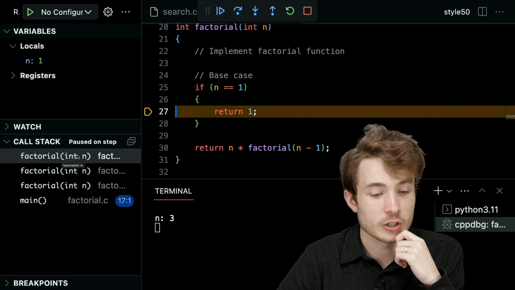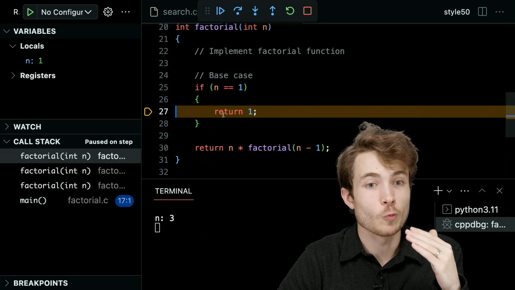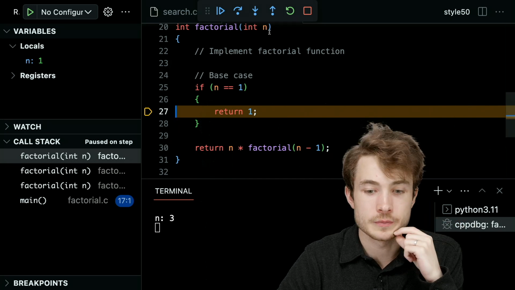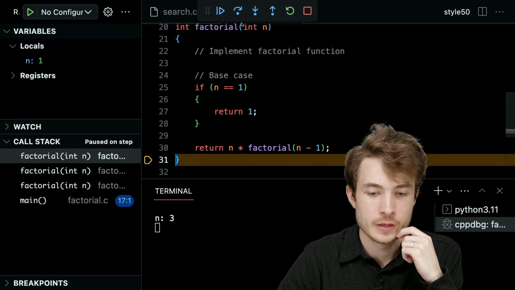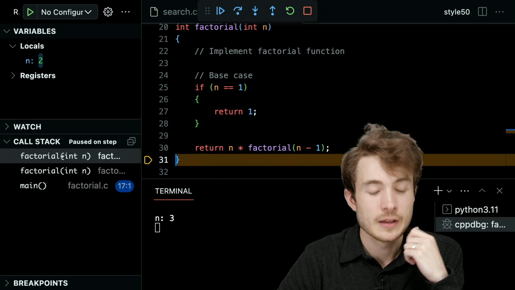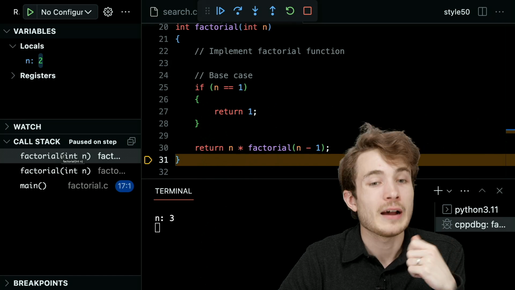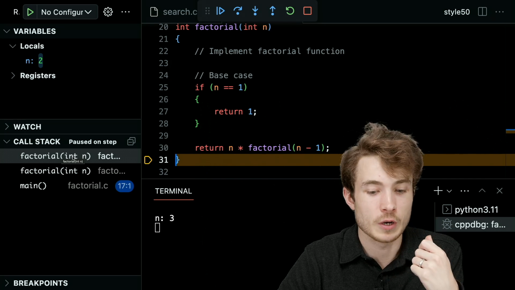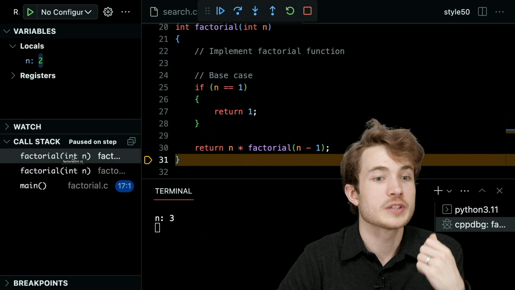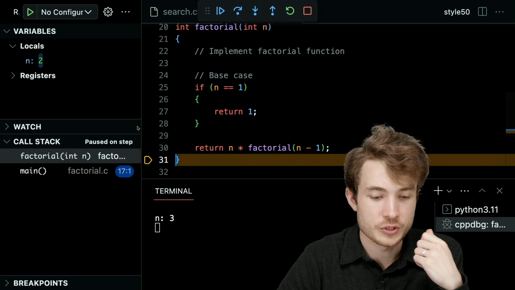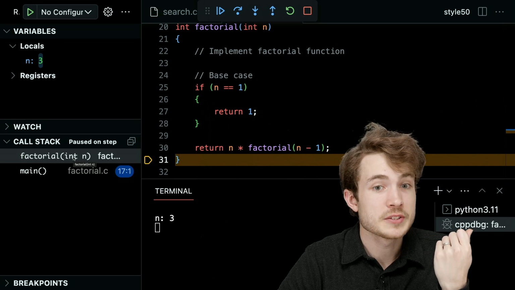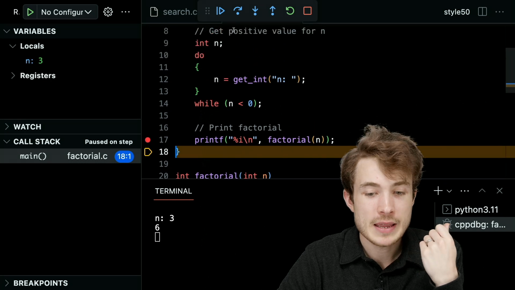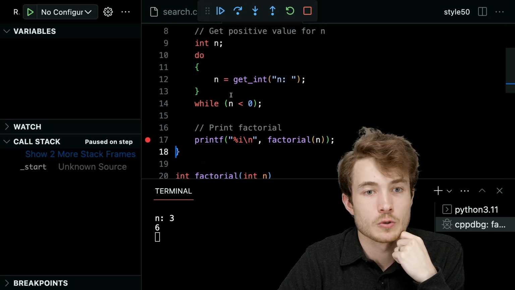This call that we're currently on, 2 factorial, when we return 1, it'll go away, and we'll just give back to this call here that value 1. So I will now step over again, and now I'll see I've completed that call to factorial. I was able to find that this call is now 2 times 1, returning 2 times 1. This call can now return. It knows that 2 factorial is 2 times 1. I'll return. Now this one knows, well, what is 3 factorial but 3 times 2 times 1? I'll return that, and now I'm back up at main and completing my program as a whole.